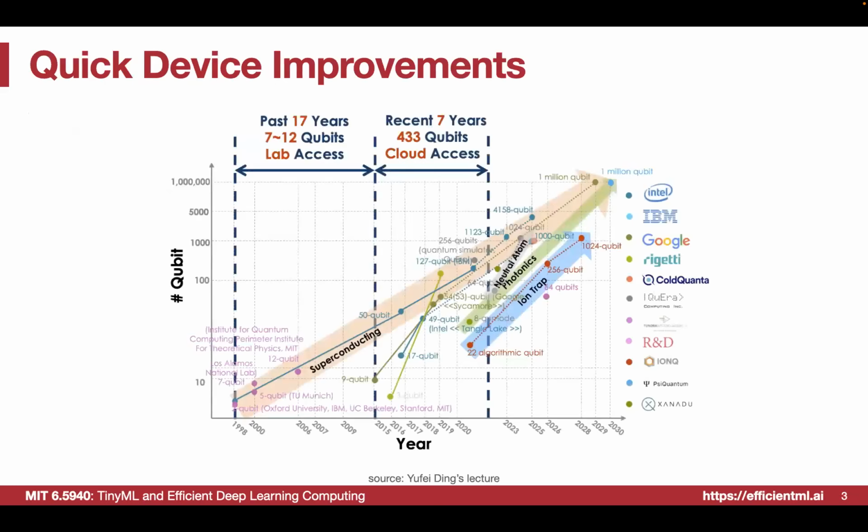So let's get started. Here is a really nice summarization of the previous years of the development of quantum machines. We can see that going back 20 years, we first had a quantum machine in 1998, where we just developed 2 qubits. That's a really small system, and we don't have to do any optimizations automatically, because we can manually design all the compilations, all the schedulings, and also all the pulse signals by hand.